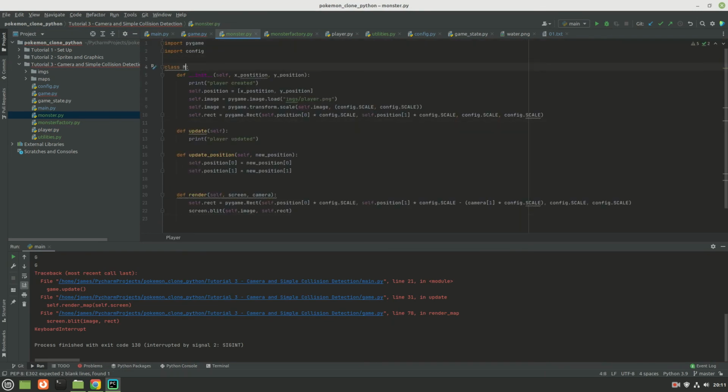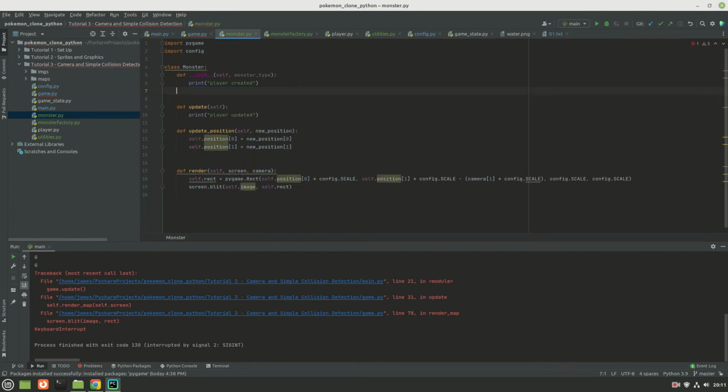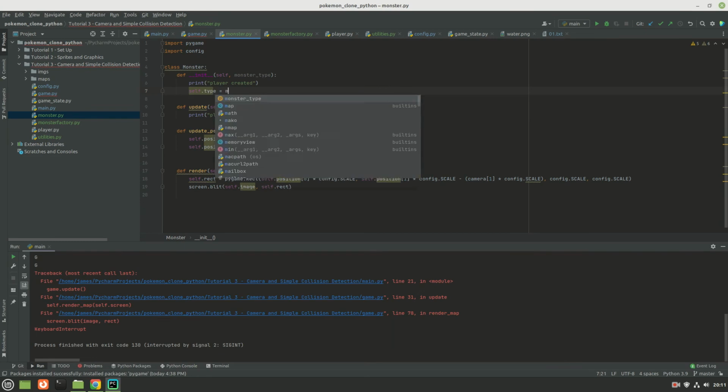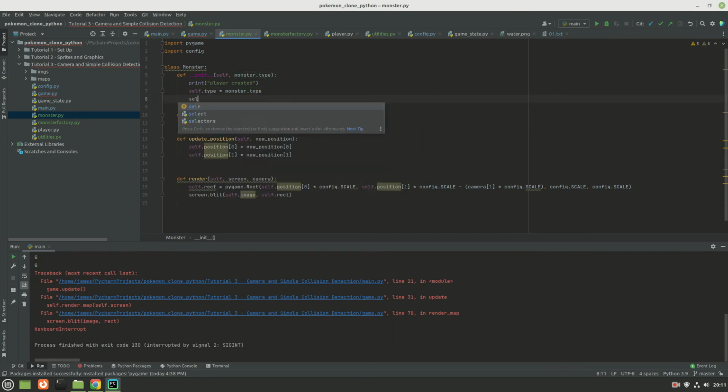So for now, we can just kind of copy this, throw it into our monster.py. So rename this to monster. We don't need X and Y positions, but we do need monster type. And then self dot health, just say 10.